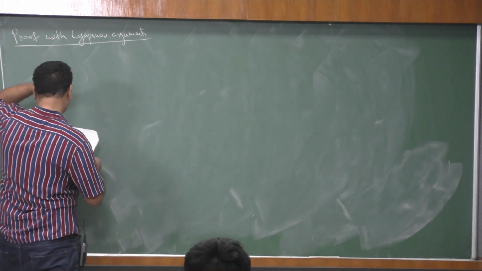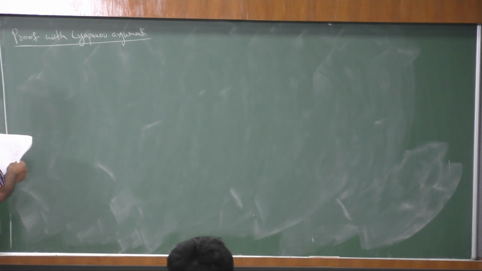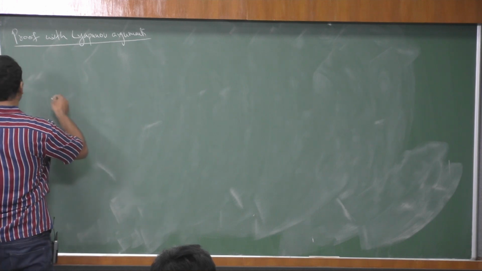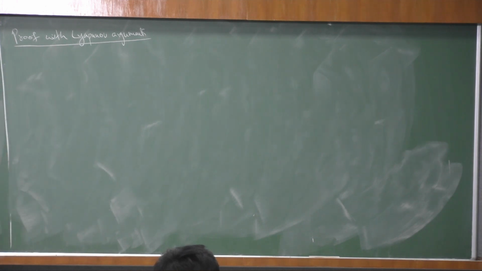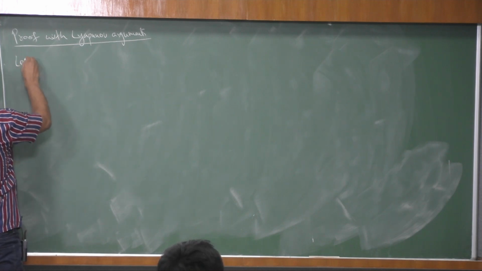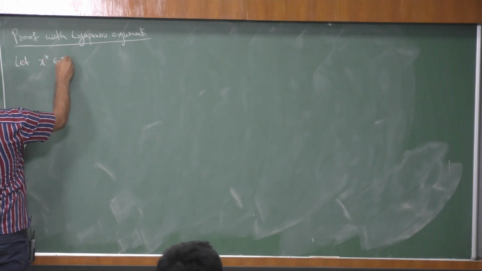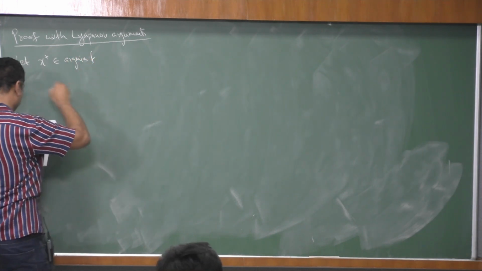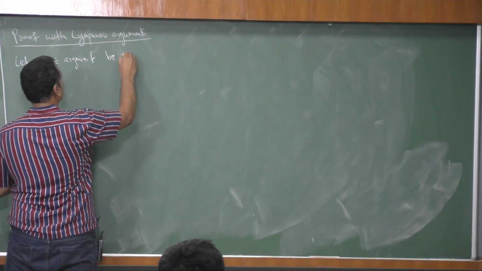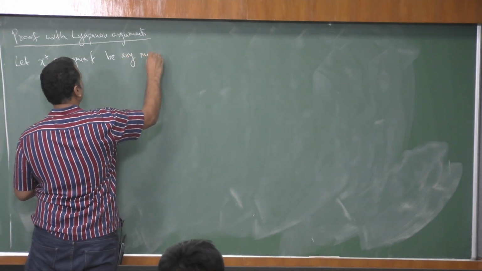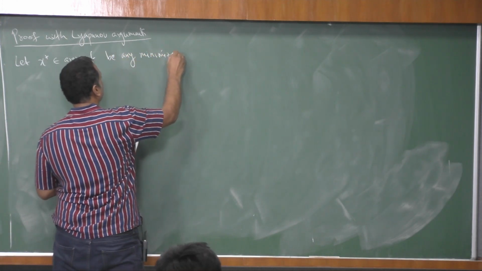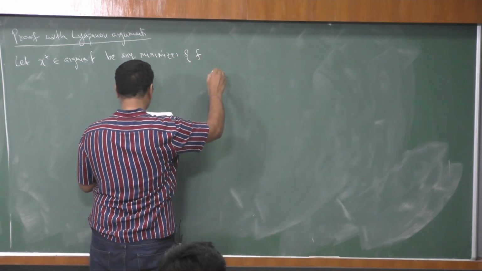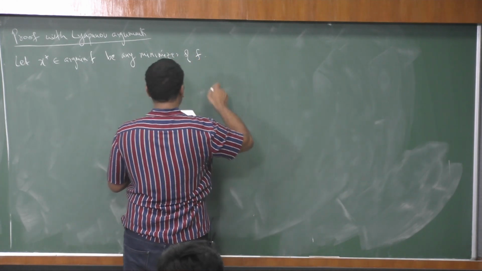So let us see this. So x star is given to be, or I mean, it is known that it's the minimizer. So let x star, arg min of f, be any minimizer of f. First we will show that